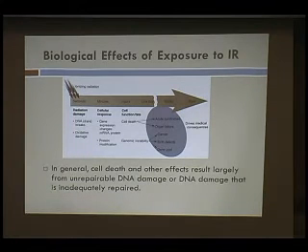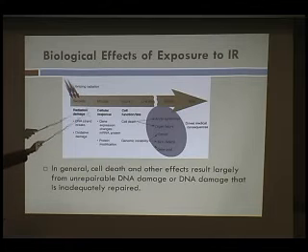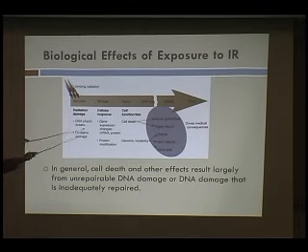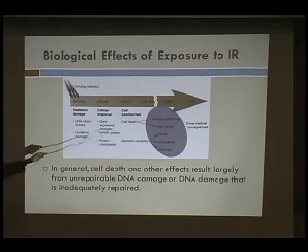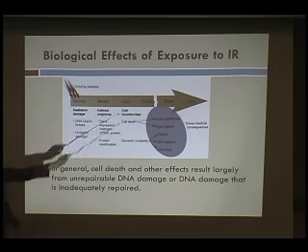So on the left here, this is just a timeline of potential scenarios. These are just potential scenarios. So let's say ionizing radiation hits a human: within seconds, you can have radiation damage, DNA strand breaks, oxidative damage. Again, it depends on what the dose is, how strong it is. Then in minutes, you will have some kind of response at the cellular level. So you can have changes in gene expression, how they produce proteins or don't produce proteins, and then you can have protein modification. And then within hours, you can have cell death.